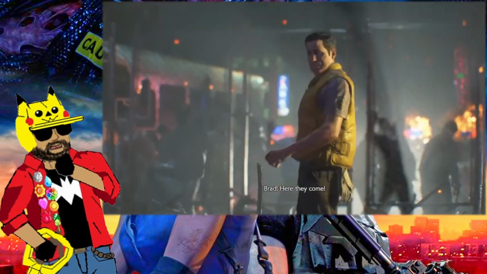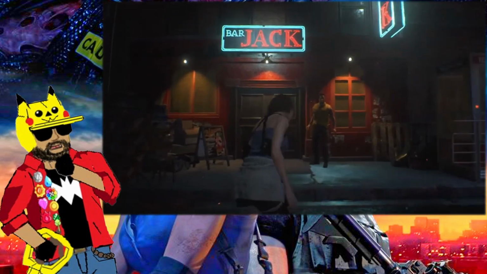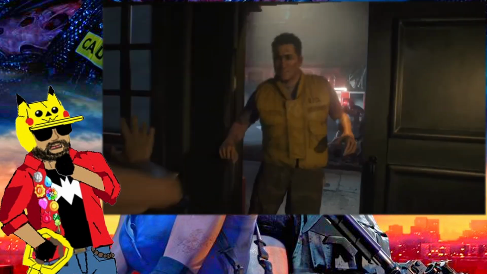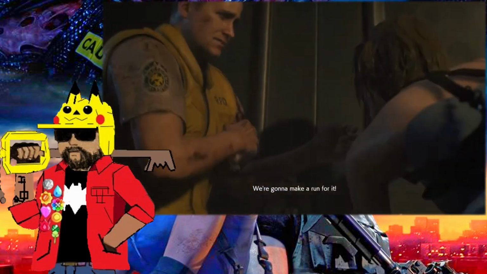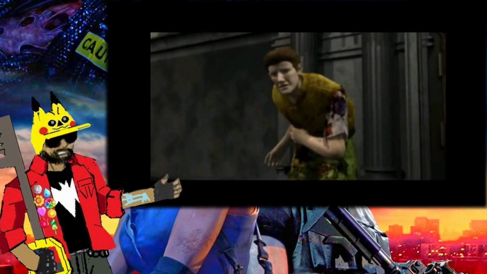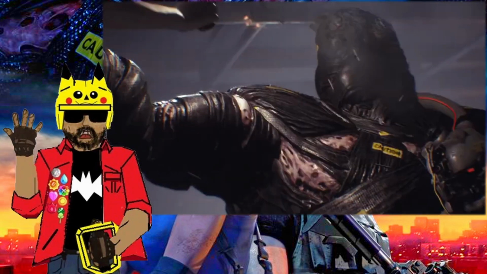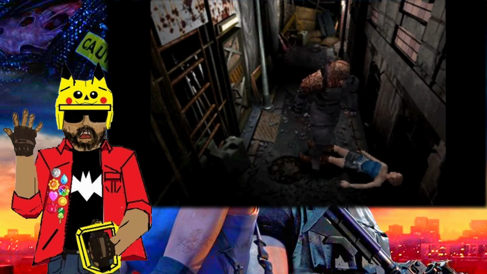Brad and Jill eventually come across the zombies roaming the streets and having caused a lot of noticeable pandemonium, but are then separated when trying to take shelter in a bar, where trying to keep the door closed causes Brad to be bitten, and then he has to stay behind while telling Jill to go on without him. By the way, in the original game, Brad was killed by that thing because he was a STARS member and to establish that thing to be a threat to be avoided. But in this remake, that thing is just show and presentation rather than actual threat that you just need to run away from. The fact that thing doesn't even get to kill any STARS members should make that obvious, but